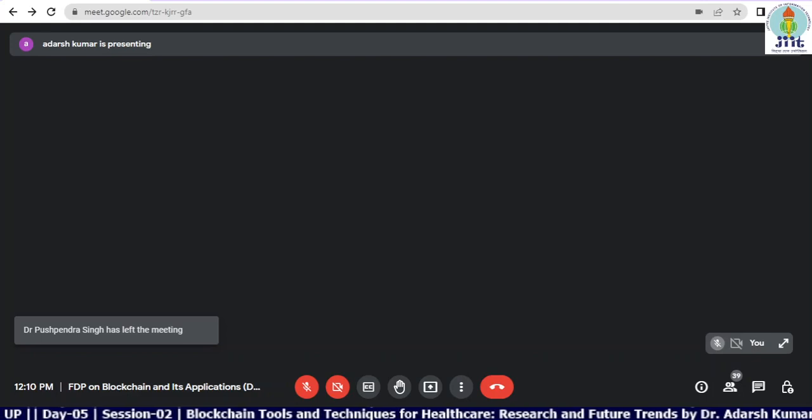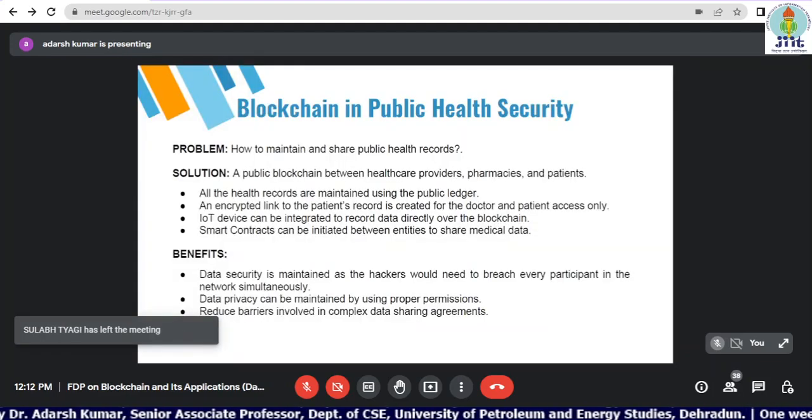So what benefits will we get if we integrate blockchain in public health records? Data security is the main thing. If there are hackers, in blockchain networks blocks are linked using hashes. You cannot modify even a single digit. If you modify it, the hash value will change. But people say that if an attacker is capable enough, the subsequent blocks' hashes can also be modified, which is not an easy approach.